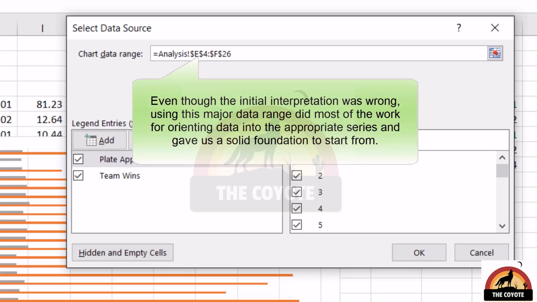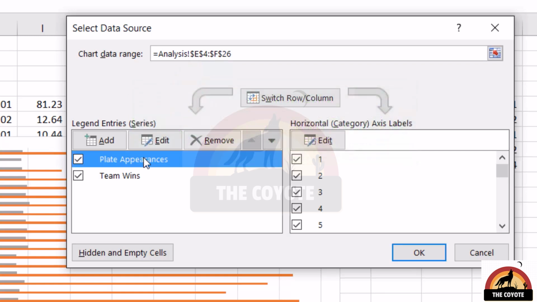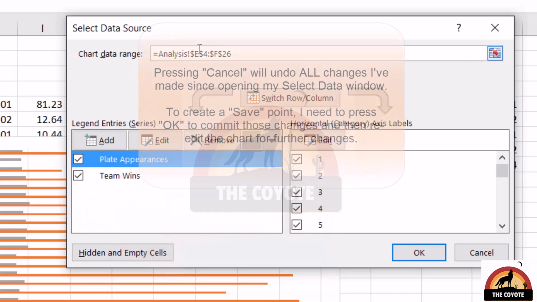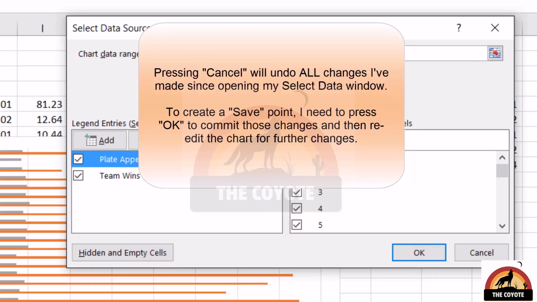We don't actually want a year series, so I've removed it. You can remove series by selecting it and pressing the Remove button with a simple left click. You'll notice that the chart updates in real time behind here, as does my chart data range, which now points from E4 to F26. Making changes to a chart and undoing those changes can be a messy process, so I'm